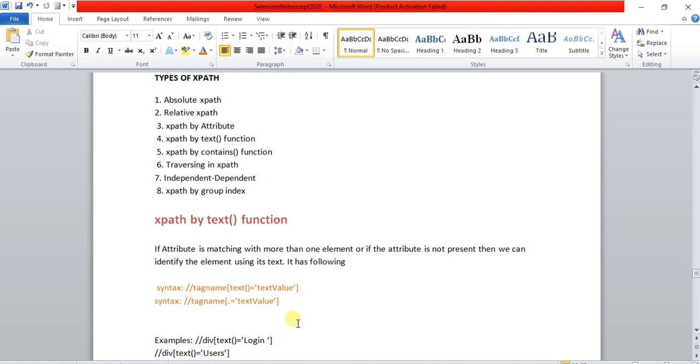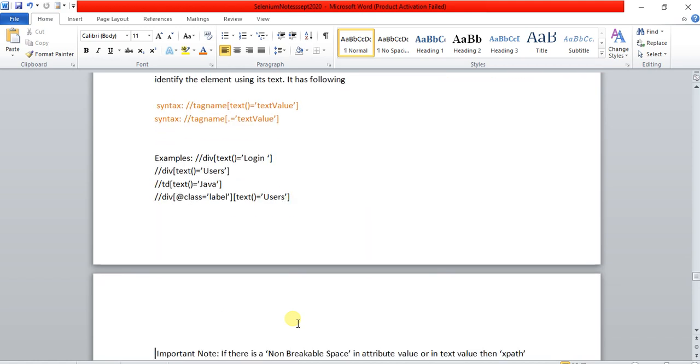For example, I am showing it here for your understanding. I have given double forward slash, the tag name div, then opened the bracket with the text function, and then equal to the text value, which I have given in single quotes. We need to add the login here.